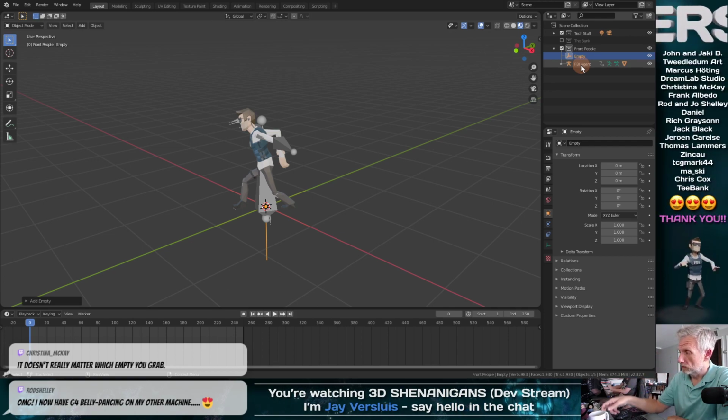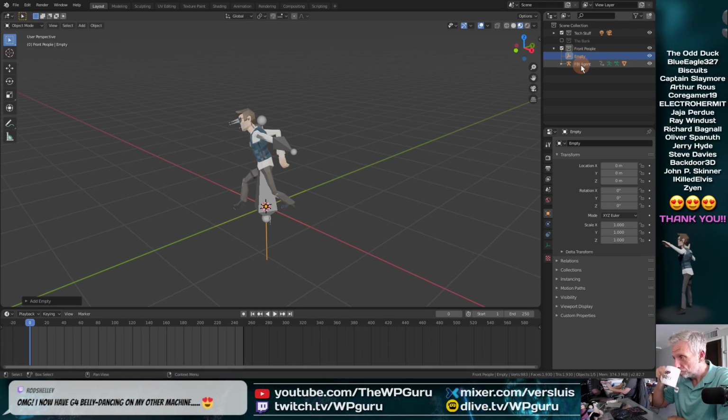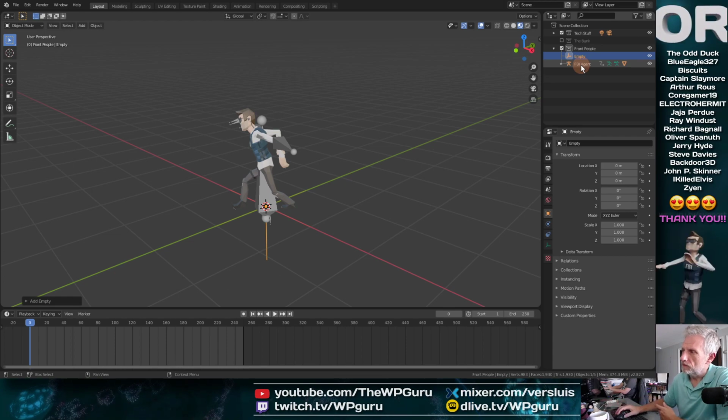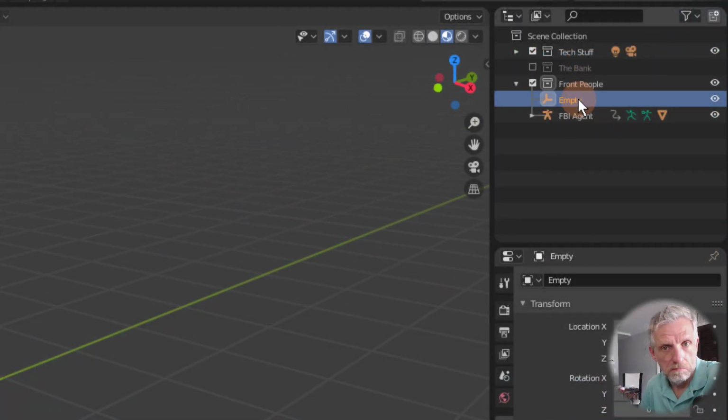There we go, Rod. How exciting. Bolt them all together and make yourself a nice stream overlay. So I suppose then if I just move my FBI agent into the empty now and then move the empty, that should do the trick, right? And however many other people I move into the empty, that should do the trick then, shouldn't it? Now, of course, the question is, how do I do that? I would imagine that's a parenting kind of job.